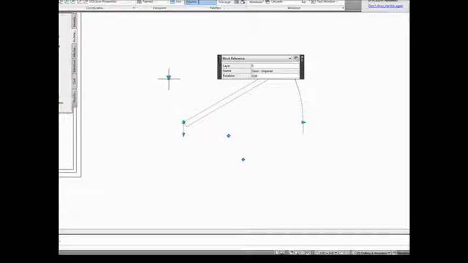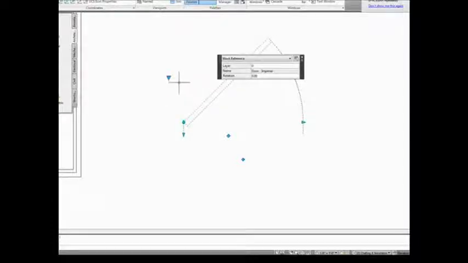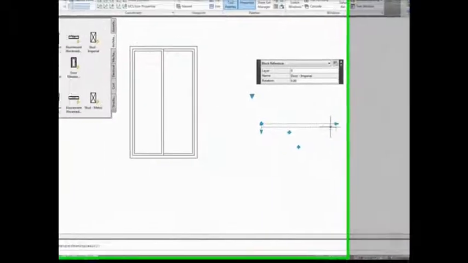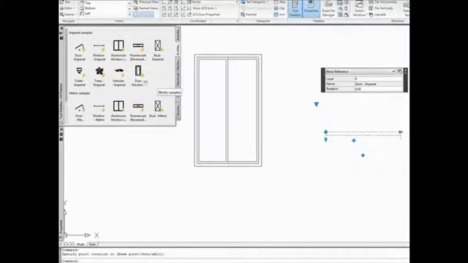And then here we have a little drop down that allows us to select these different amounts of opening, degrees of opening of the door. And this is a lookup button or control. So we can change it to be 45 degrees. We can change it to be 90 degrees. We can even, if we'd like, tell it to be closed. So that's another one. And again, we can adjust the width if we would like also. Okay. So you see that we already have several blocks that we can use